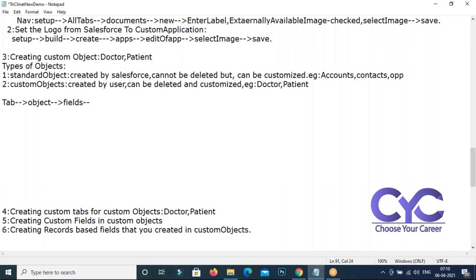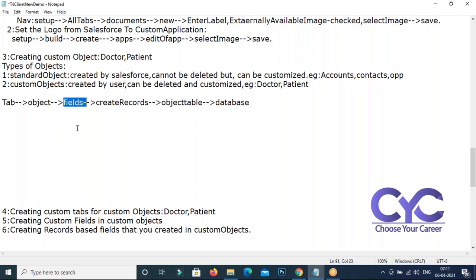By using these fields, you're going to create the records. These records are going to be stored in the object table. That object table is there in the database. So you should get a clear-cut idea on this. Are you getting? Right? So whenever you access this tab, you are going to access the object. That object is already there in the database.